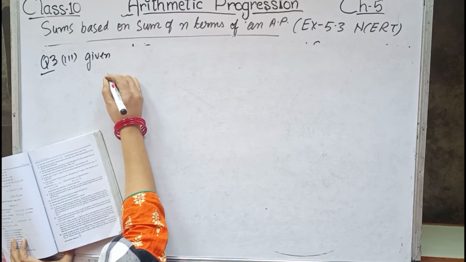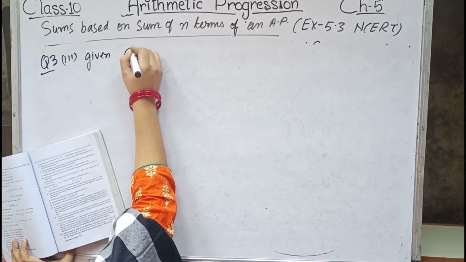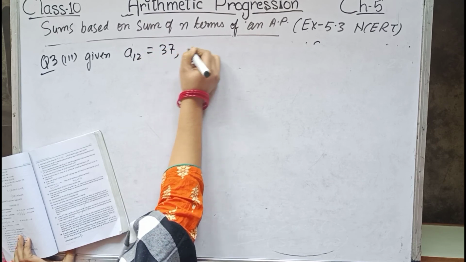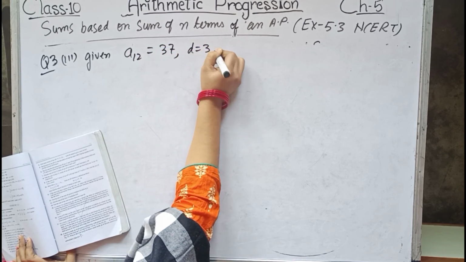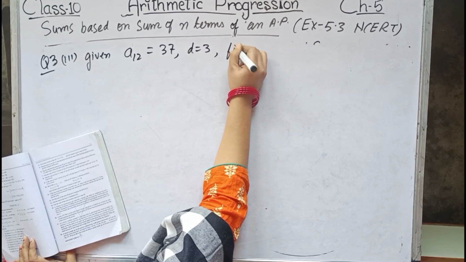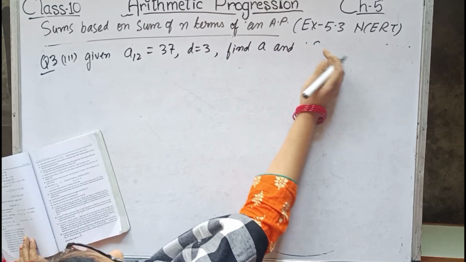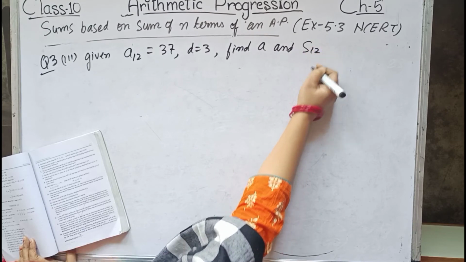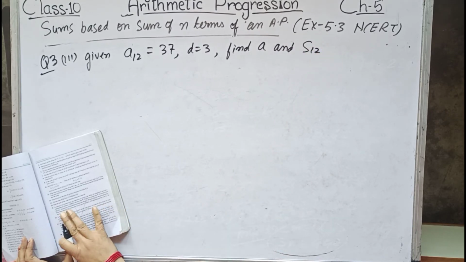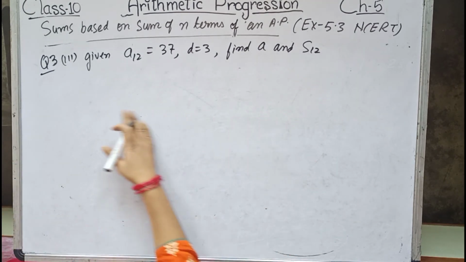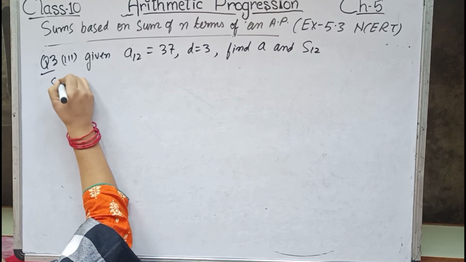Given A12, the 12th term, is 37, and D equals 3. What we have to find? Find A and S12. The first term and the sum till the 12th term we have to find. So in the solution,